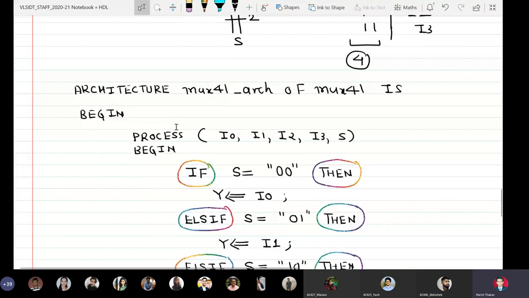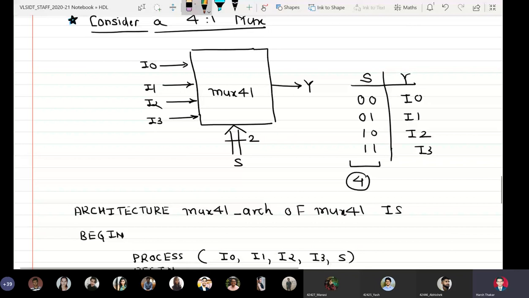Okay, yeah. So another variation which can be here is that instead of defining the 4 inputs of the multiplexer as discrete signals, I can also replace it with a 4-bit vector, just like I defined.